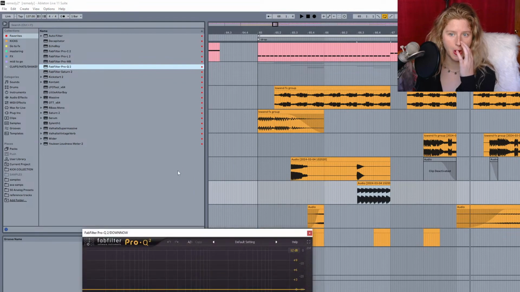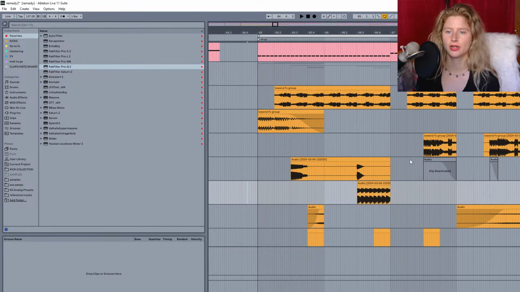Still need to EQ out the lows so we don't get too in the way of our already active bass.